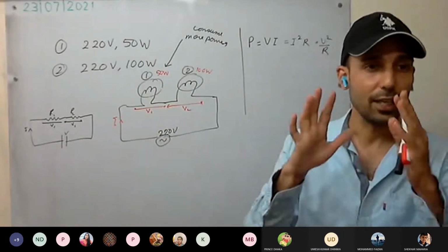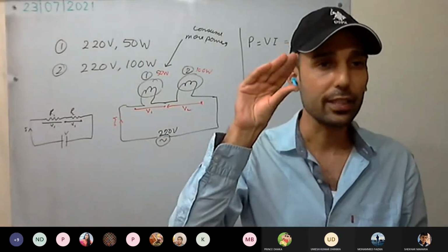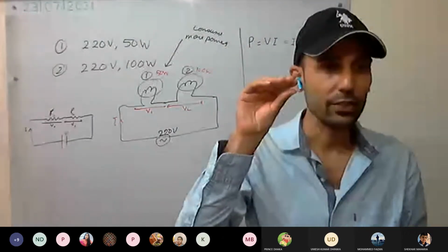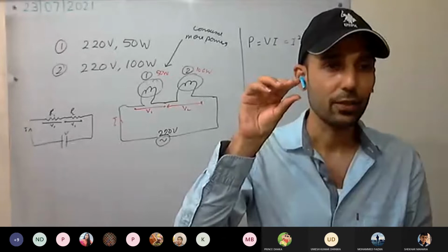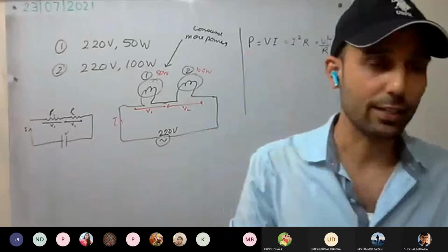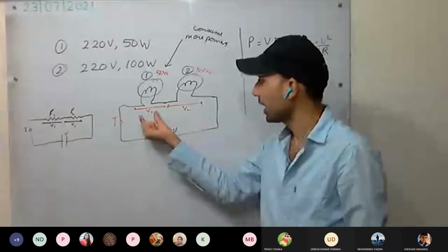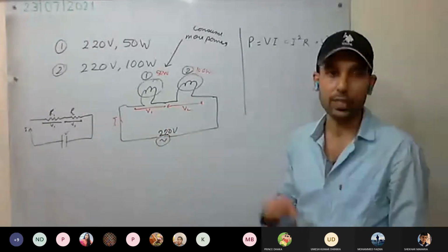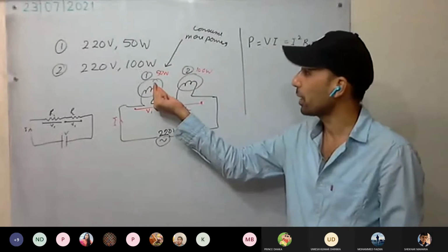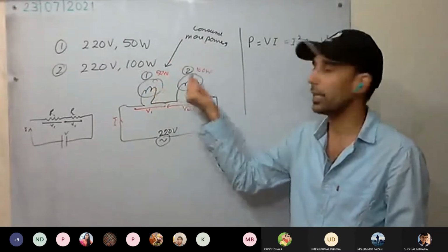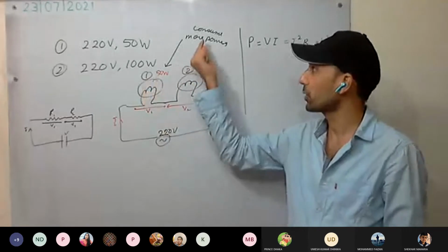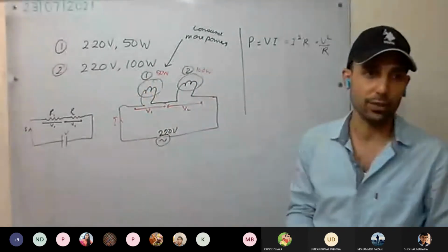You have seen when less voltage comes, the bulb is dimmer. Less light you get, that is, it is consuming less power, so producing less light. Now less voltage is available across it. Now we have to prove that this 50 watt bulb is going to consume more power as compared to the 100 watt bulb.